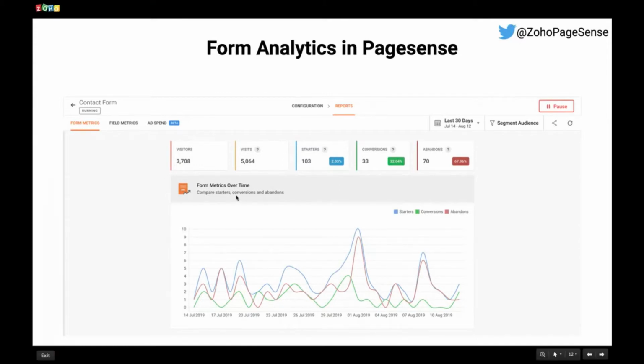We also have powerful segmentation to see device and location specific reports. Let's say your mobile audience accessing your form from Chrome browser have all abandoned your form. In this case, it's worth checking if there are any breaks in your form on Chrome browser and whether the form is optimized for your mobiles. These are the valuable insights you can derive from form analytics.